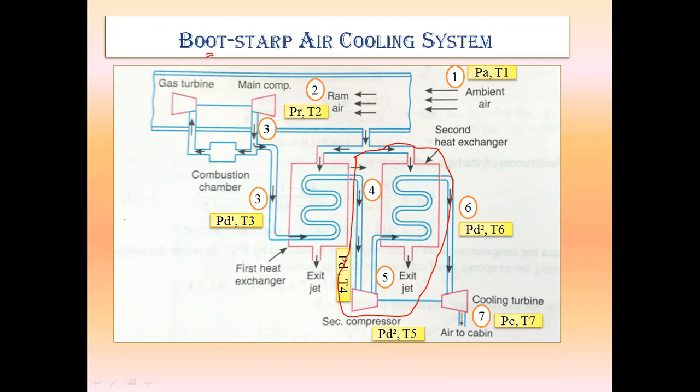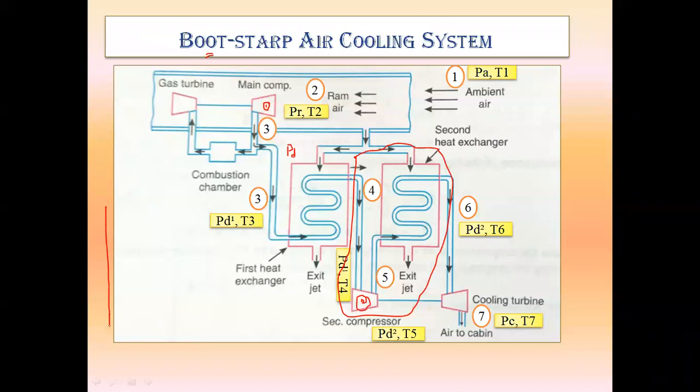So to increase the efficiency of the air cooling system, instead of single compression, we are going to use a second compressor, that is, two compressors. This will be our first compressor, called the main compressor, and this will be our second compressor. Instead of increasing the pressure directly from PR to PD,